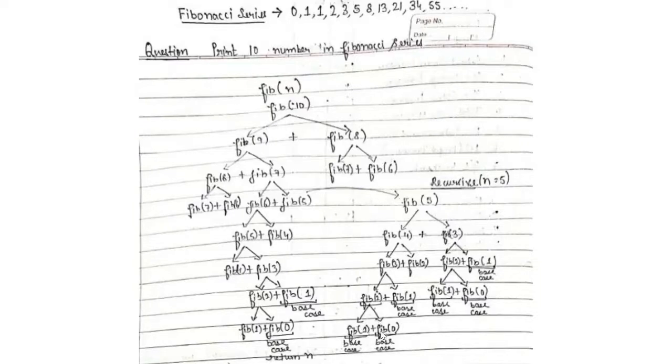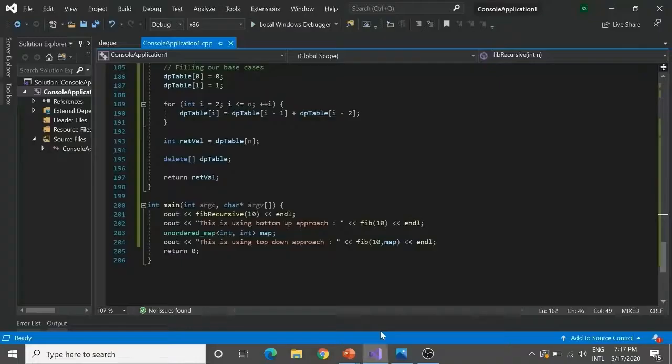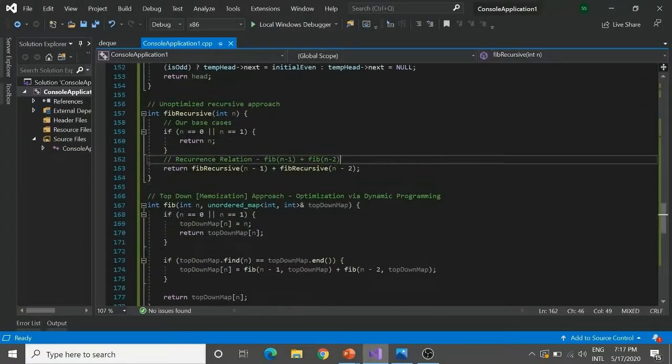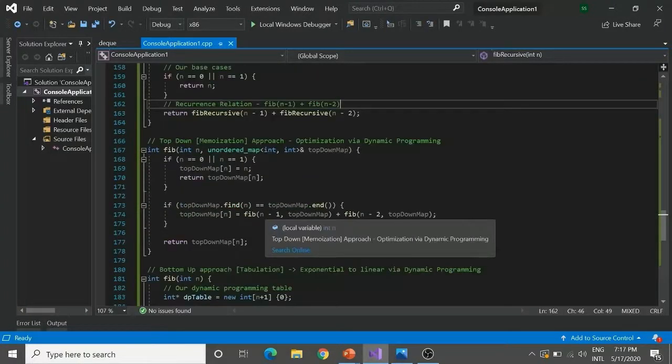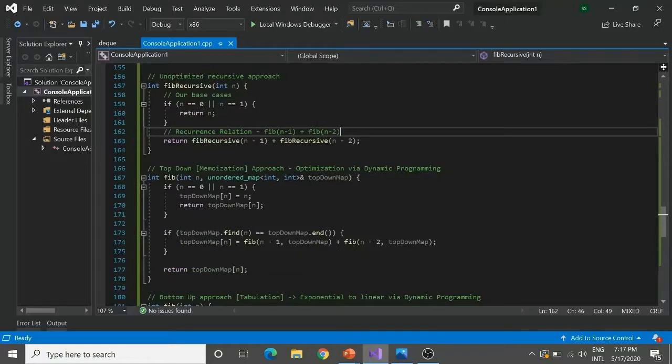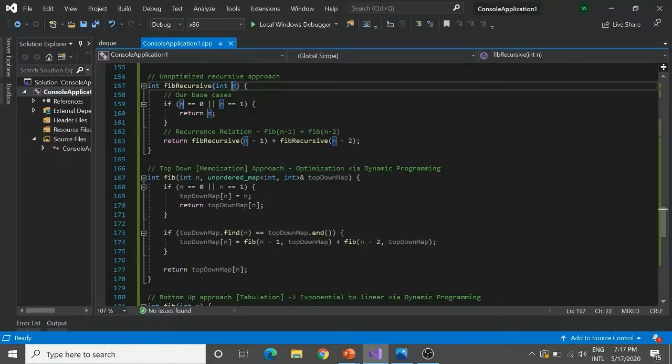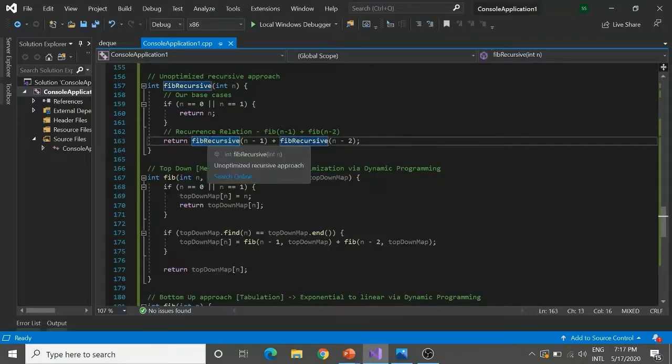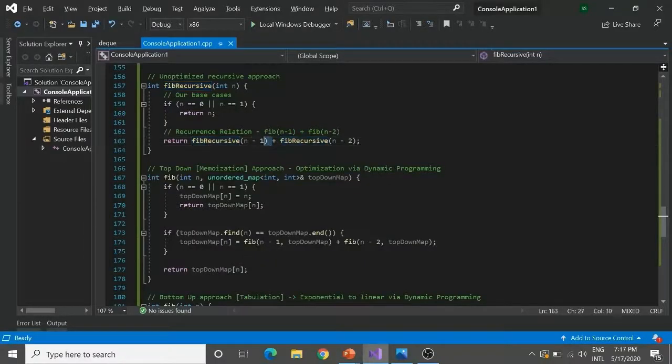So what I would be doing in code is, this is the code for the recursive implementation. What do I see over here? This would be my 5 over here, n is equal to 5. So I would be recursing for n minus 1 and n minus 2. In my case it would be 4 and 3. As soon as I reach 4 and 3, I would be calling for 4, then it would be 3 and 2, then it would be 2 and 1, then it would be 1 and 0.